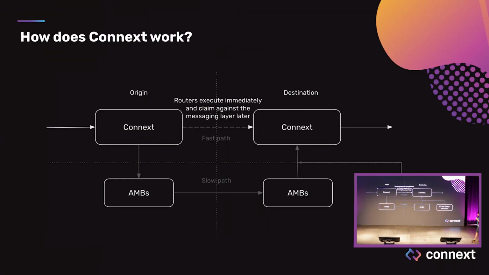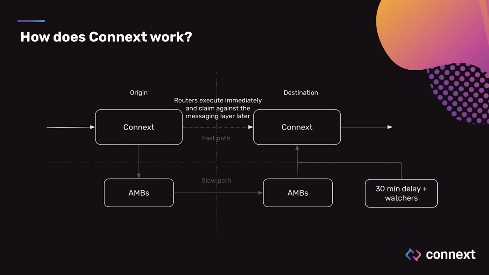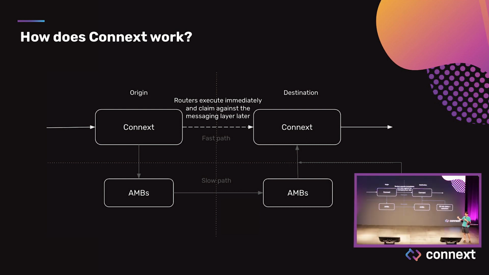I'm going to switch over to Connext now and talk a little bit about how Connext works. Connext builds on a lot of these core principles. We are trying to find a way to do safe bridging and safe communication between blockchains. And it's a new enough space, a complex enough space, that a lot of the core ideas around how we should be thinking about it are only just starting to be discovered. One of the things that Connext leans very deeply into is modularization. So basically separating out all of the different pieces associated with the bridging stack so that Connext can rely on existing systems as much as possible.